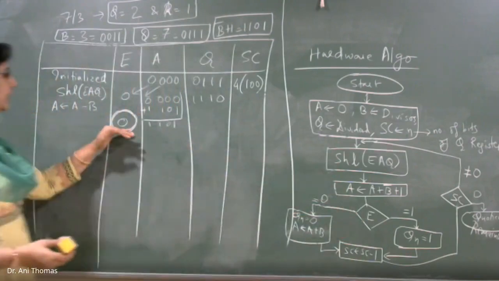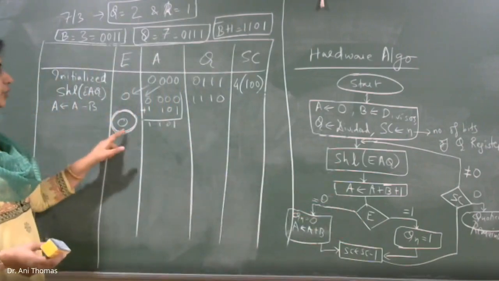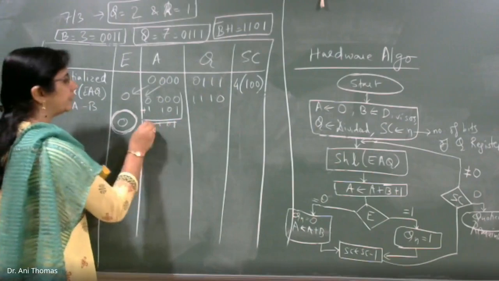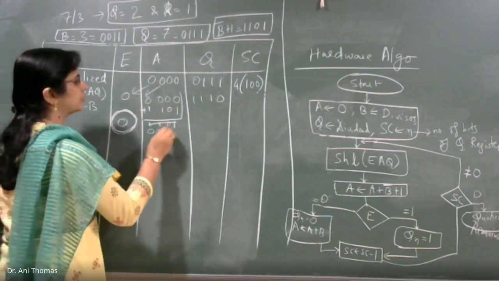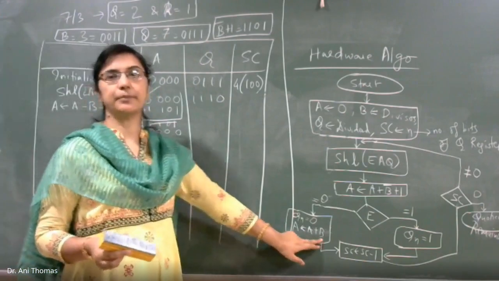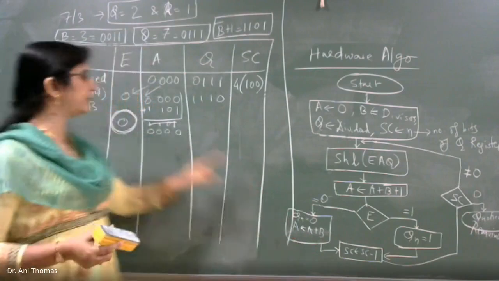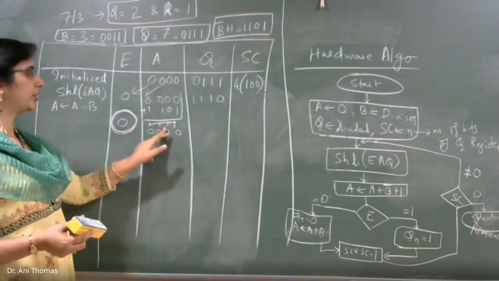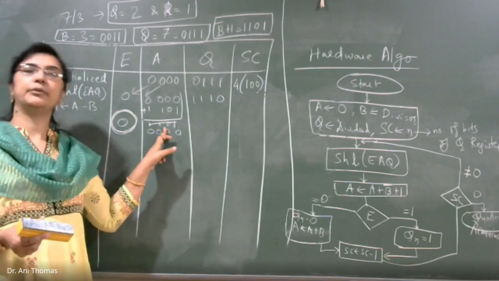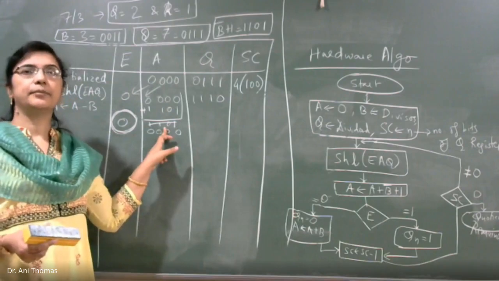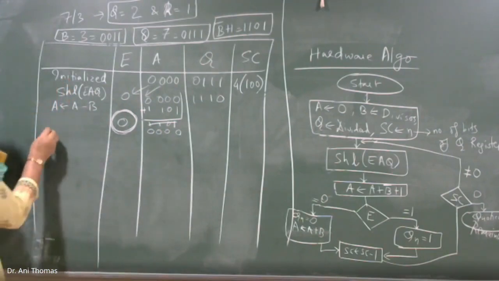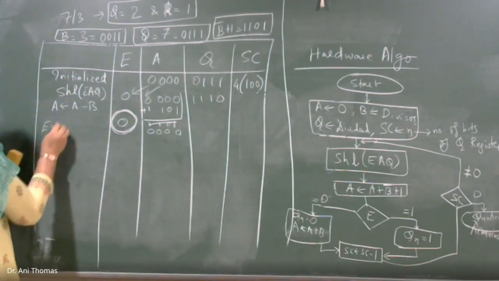So when E is 0, what do we have to do? We don't have to keep this value. We have to restore the value 0, 0, 0, 0, because we are adding B again to A minus B. The value will be restored, not the value which you have subtracted. A minus B will not be there. It will be only A, which was there before A plus B bar plus 1. We are restoring. I will write here E is equal to 0.